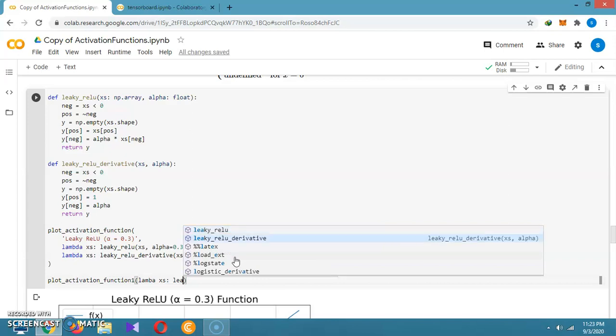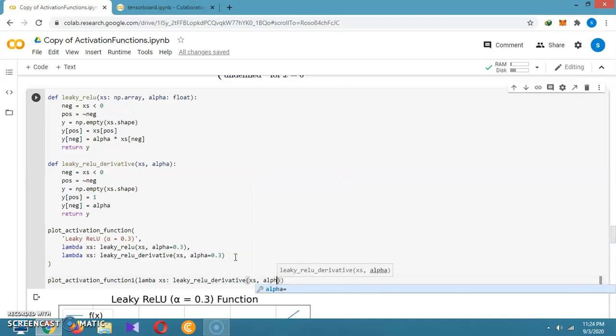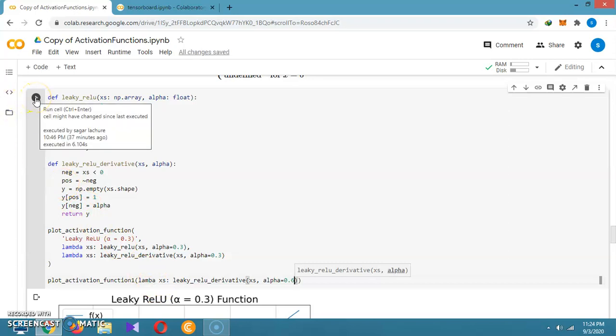We just need to pass the function name, either leaky_relu or leaky_relu derivative. Whatever you need to pass, you can pass it. For that, the two arguments are given as xs comma alpha equal to, and I'm just putting 0.6.